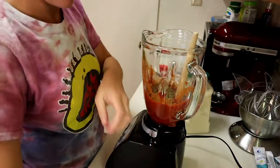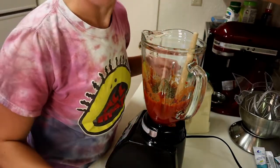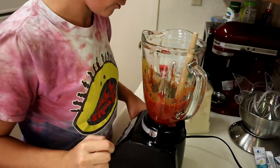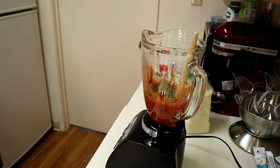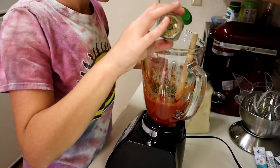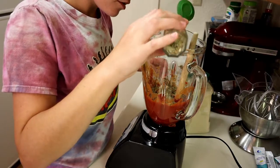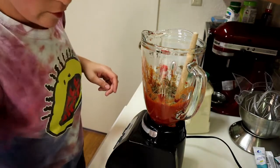A bit of that. Thyme. Oh, that was way too much thyme. Holy crap. I'm trying to get some of that out. And then lastly, rosemary. A little bit. And then